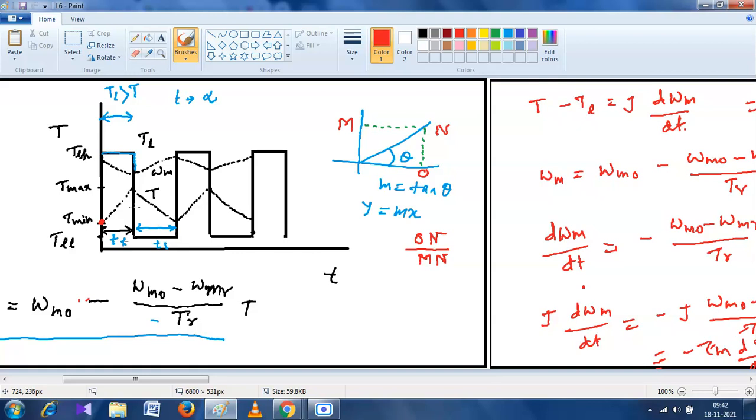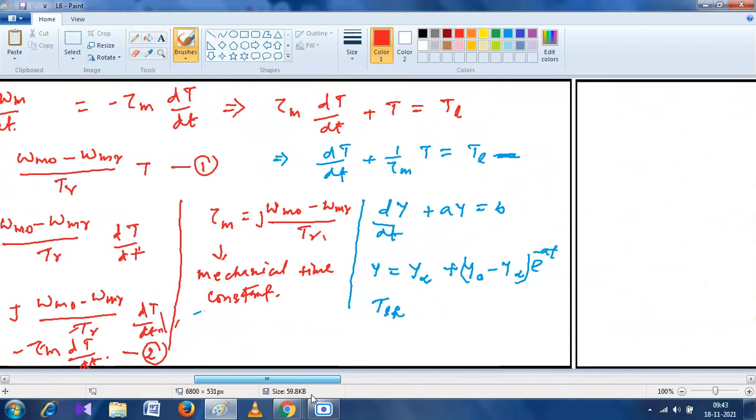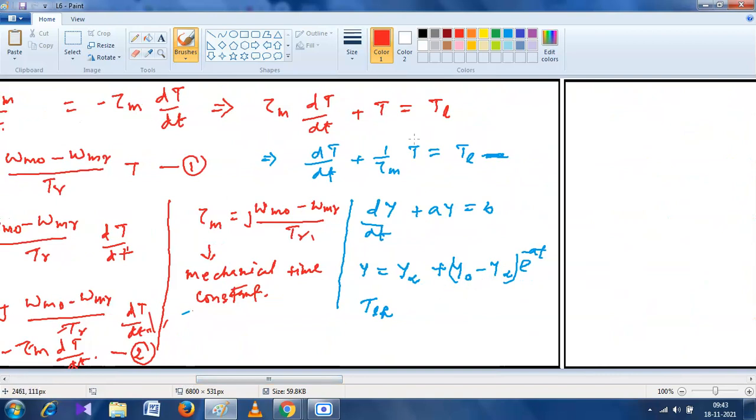मिनिमम है, T min है। अगर इन्फिनिटी तक हम उसे छोड़ते तो कितना जाता? ये जाके कहाँ मीट होता है? यहाँ पर आता, TLH पर जाता। लेकिन हमने उसे पहले ही लोड रिलीज कर दिया तो कर्व चेंज हो गया। तो मतलब ये Y zero का वैल्यू यहाँ पर कितना होना चाहिए? T min होना चाहिए।